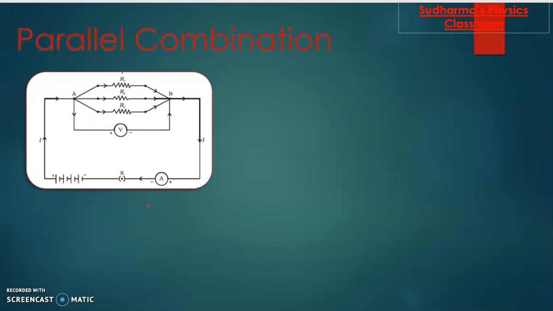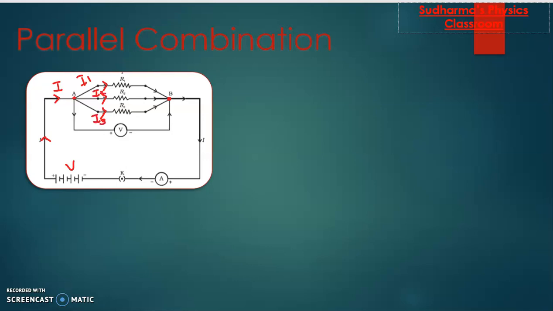Now let's move on to the parallel combination of resistors. In parallel combination of resistors, again we have taken 3 resistors here. One of the ends of all the resistors is connected to a common point A and the other end is connected to the common point B. Now here you can see a difference. We have a potential difference of V and a current of I is reaching this circuit, but it has 3 paths, right? The current can flow through 3 paths here. So it will just branch out as I1, I2 and I3.